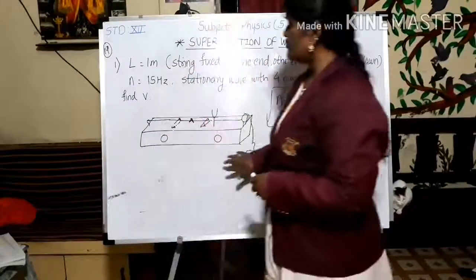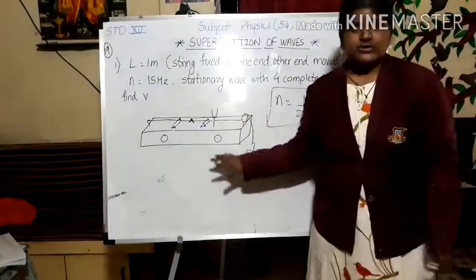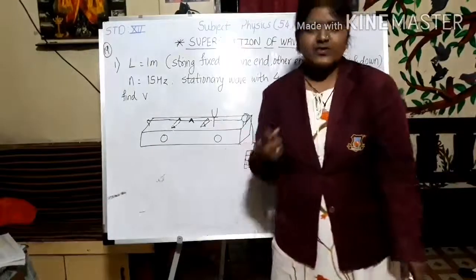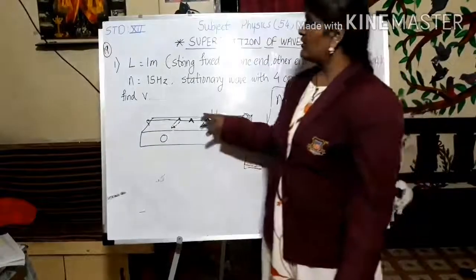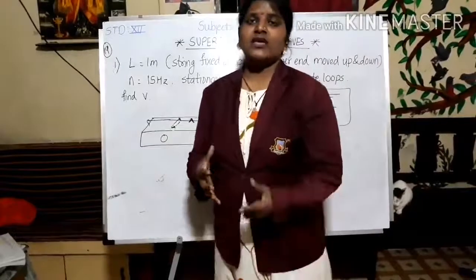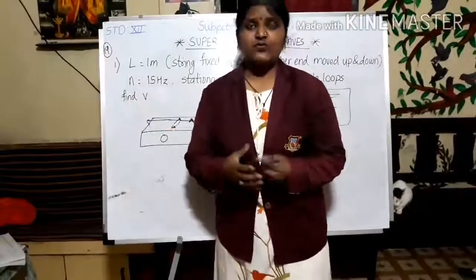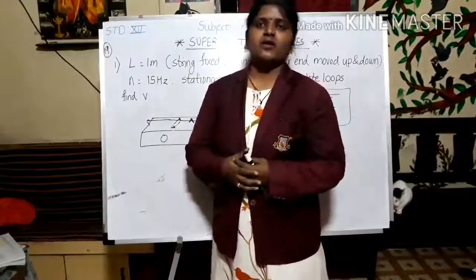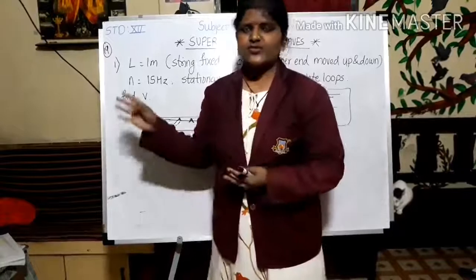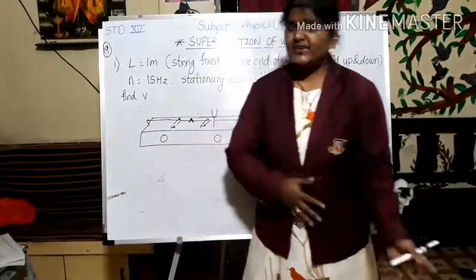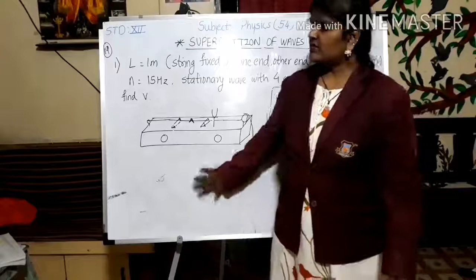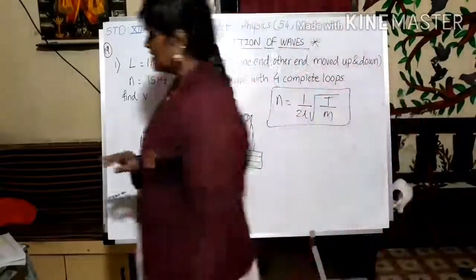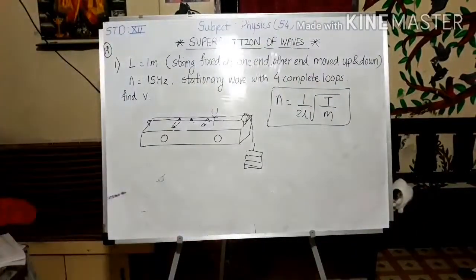Now we are going to do numericals based on this. What things should be given? Length is obviously 1 meter. Tension or the frequency of the tuning fork should be given. Then how the tuning forks are arranged and what the beat frequency is should be given, and then we can find out what we have to find out in the example. So let's move towards the numericals based on either this or only a string. First we'll see the numerical based on the string only.